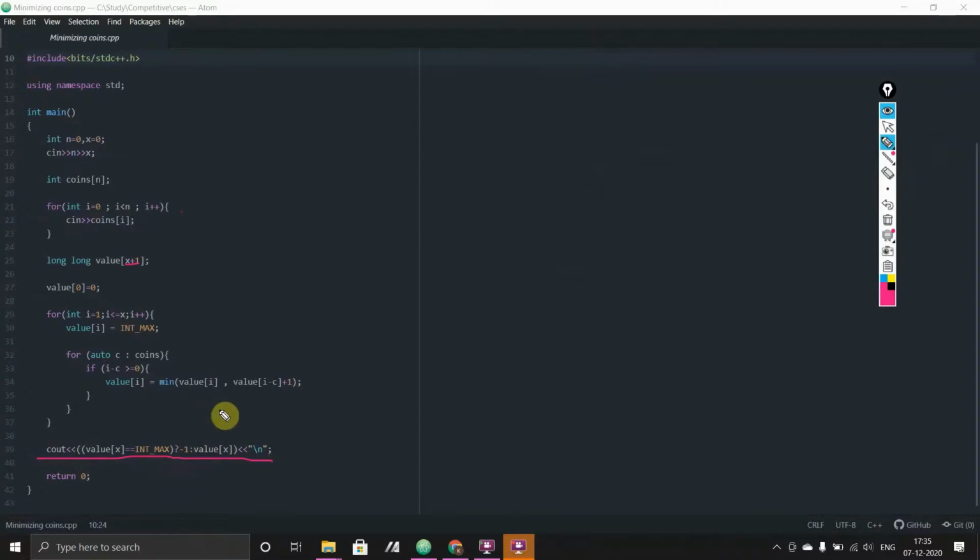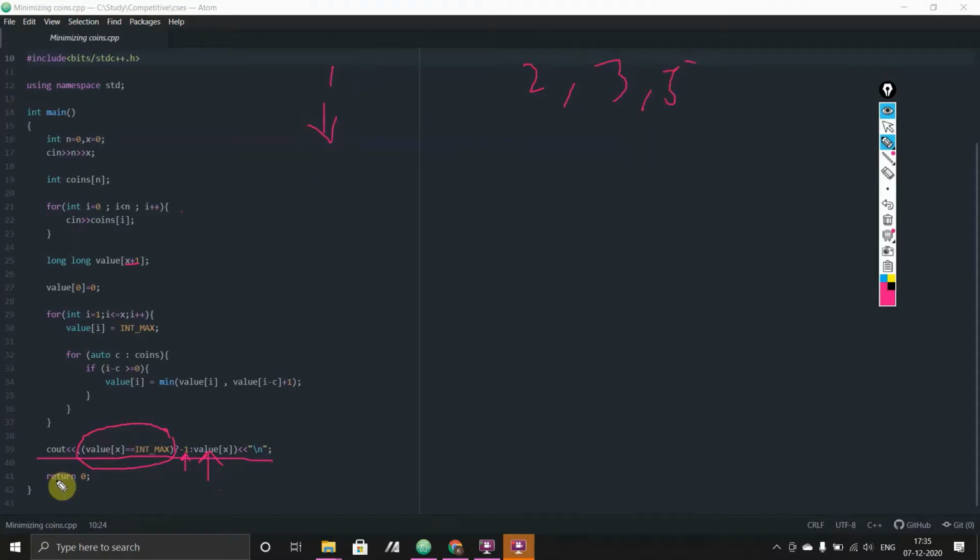Then the final point: see, out value of x equal to int max, whatever this is. This is basically a conditional statement. I hope you know what a conditional statement is. If this part is true, then this is executed. If this part is false, then this is executed. As I had initialized it with int max, let's say I only had to find 1, that means I had to construct 1 from the array 2, 3 and 5.